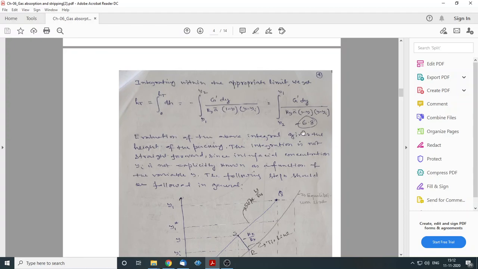From there we derived this equation: height equals the integral of y1 to y2,